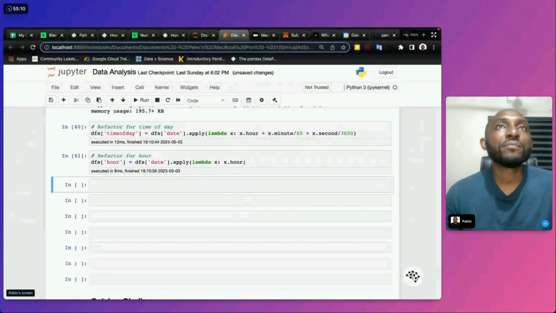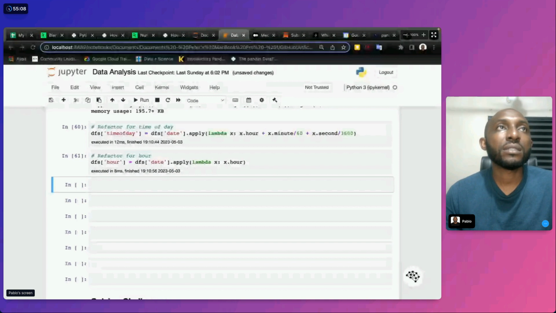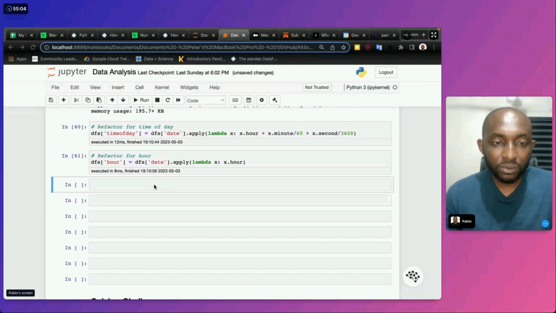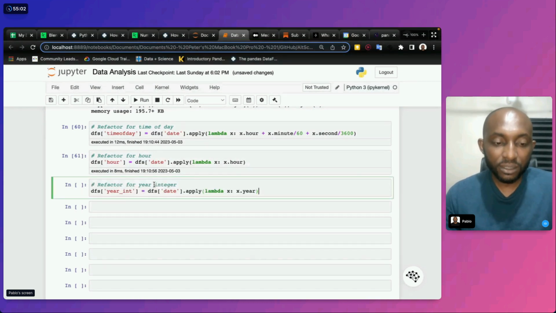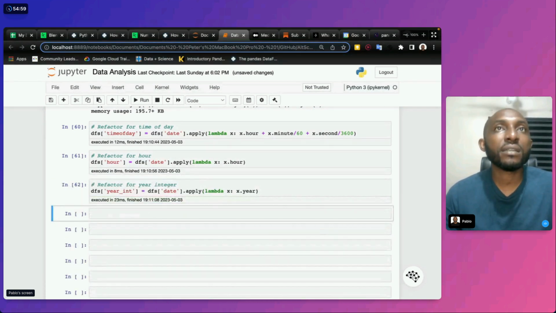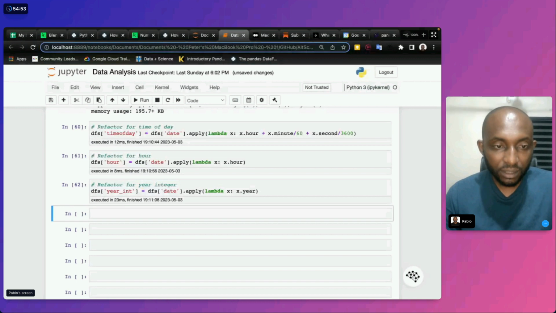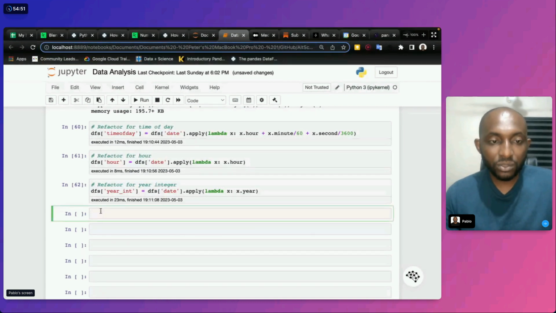We can have the integer of a year, which is different from the year itself. We're going to look at all of this.